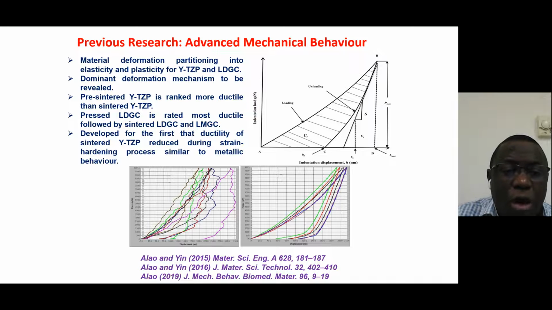So for presintered zirconia, it has got the highest ductility. That is, its plasticity was higher than elasticity. That means it can be processed in ductile mode machining